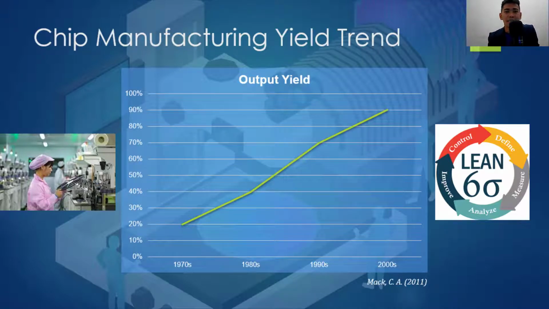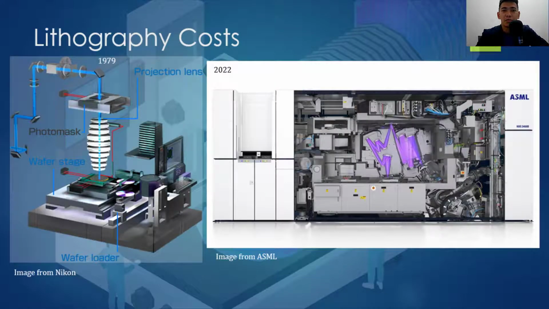So today it is somehow standardized to keep manufacturing yields high enough, above 95%, which is a hard thing to do. And there's no more room for improvement in lowering the cost by increasing the output. So again, manufacturers want to lower the cost so that they will have more profit. And the other way that they've been able to lower the cost as complexity increases is by increasing the productivity